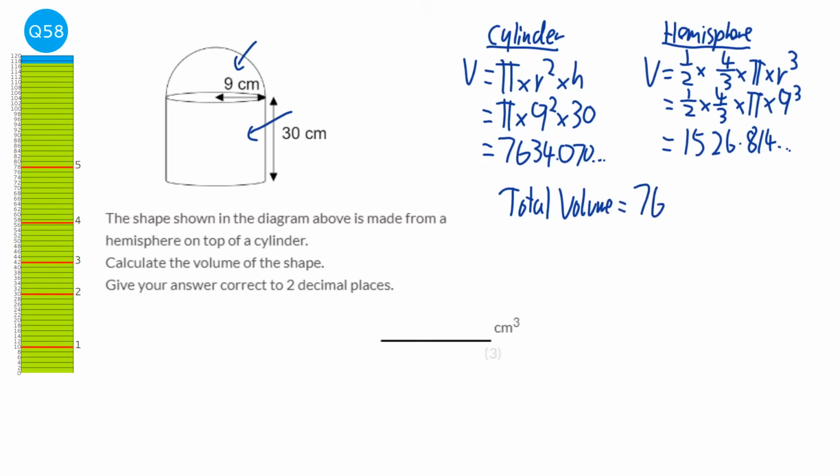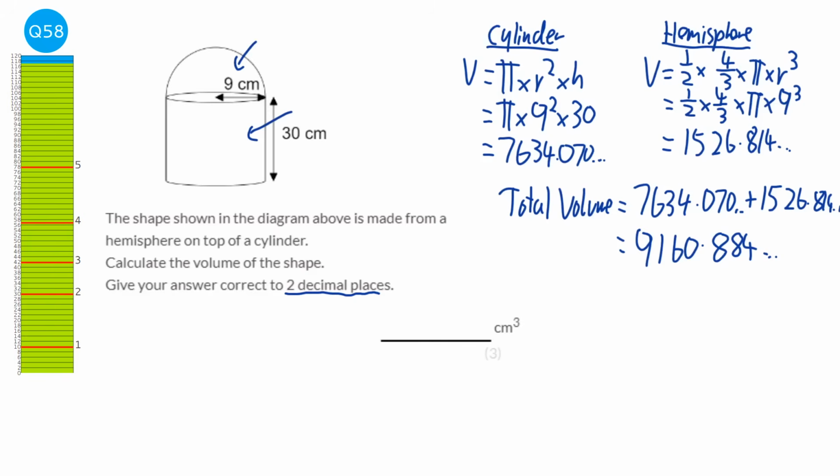And so the total volume is 7,634.070 blah blah blah plus the 1,526.814 blah blah blah, which equals 9,160.884 blah blah blah. It says it wants it to two decimal places, so when we round that we get